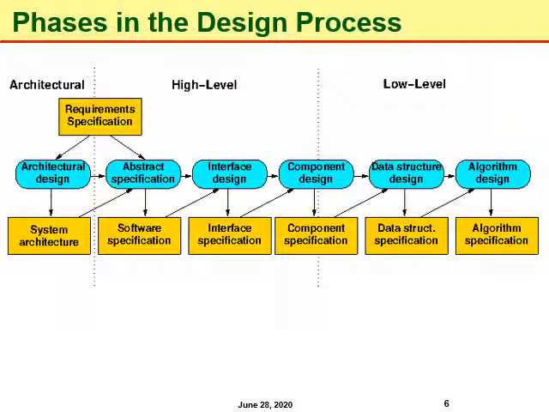Here we discuss the phases in the design process. As can be seen in this figure, the design process can mainly be categorized into architectural design, high-level design, and low-level design or detailed design. So what is architectural design? The architectural design is the highest abstract version of the system. It identifies the software as a system with many constituent components interacting with each other. In fact, here the system has single entity, multiple components view,